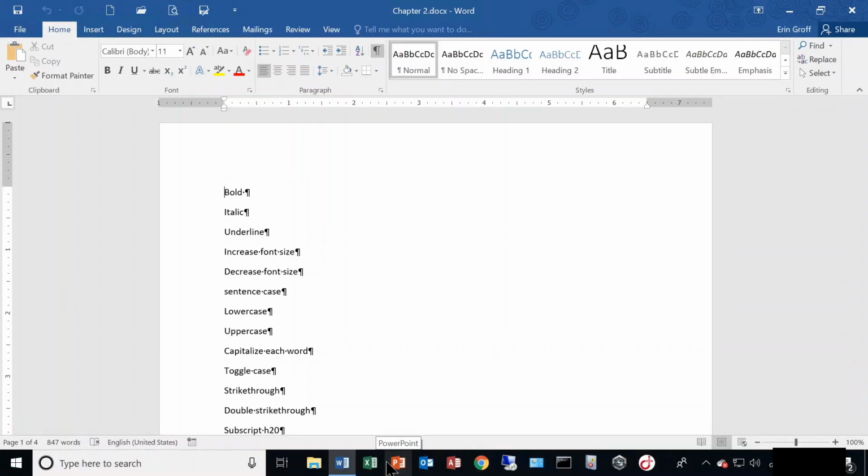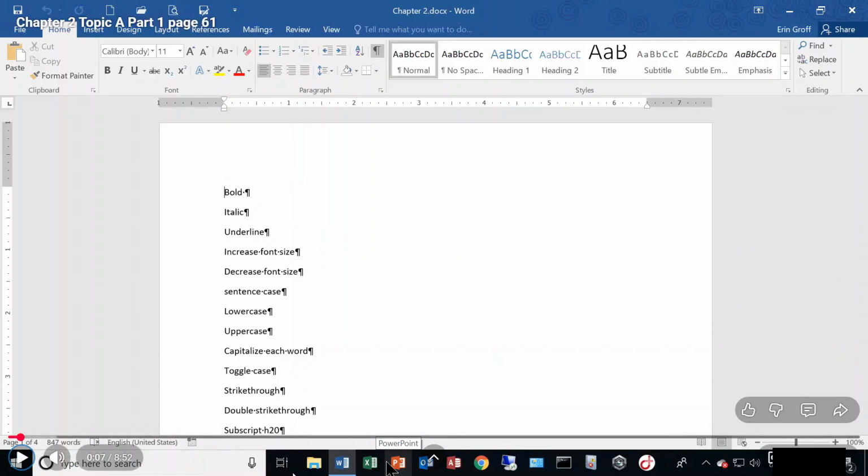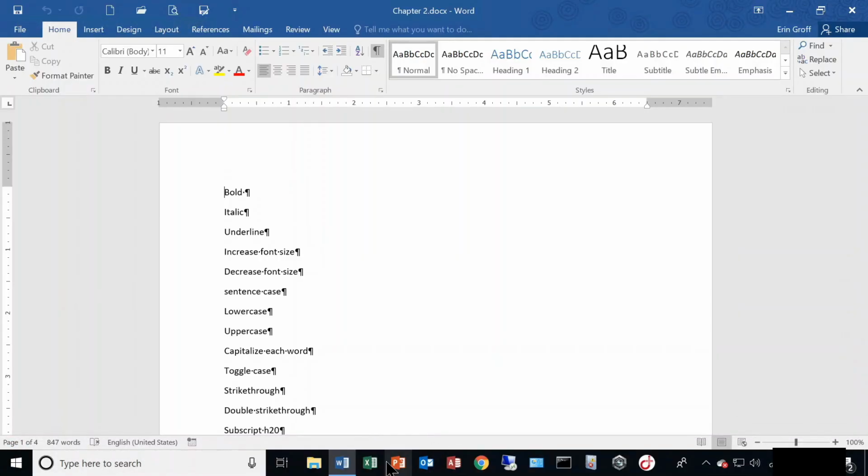This is lesson 2 on page 51, formatting text and paragraphs. In this lesson, you will apply character formatting, control paragraph alignment and margin settings, set tab stops in a paragraph